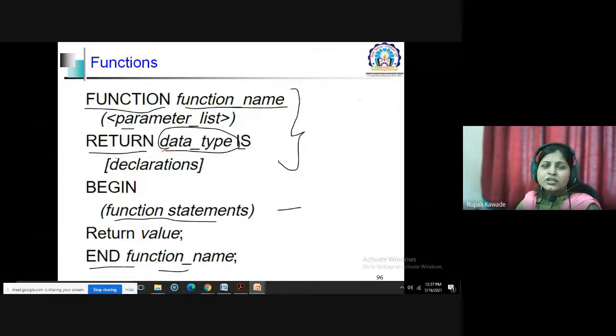So this is the complete body of the function. In C or C++, there are curly brackets which indicate the start and end of the function, but here there are the statements begin and end. In between begin and end forms the body of your function, and the prototype is present initially before the begin. So this is the way you can write a function.